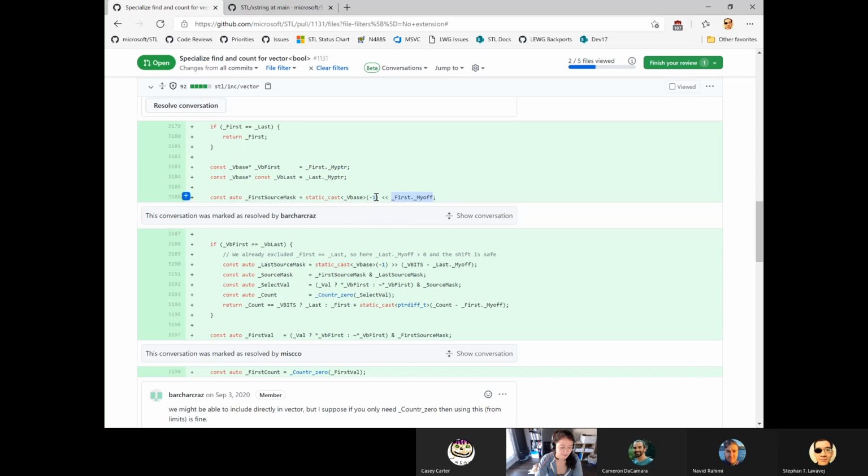here, the first source mask, we start with all 1 bits, and then _Myoff, which is the offset, we're left shifting to make room for 0. So we're going to get as many zeros as the zeros overlay the bits that are actually active for this vector bool. I believe that's right. So if VB first is equal to VB last,